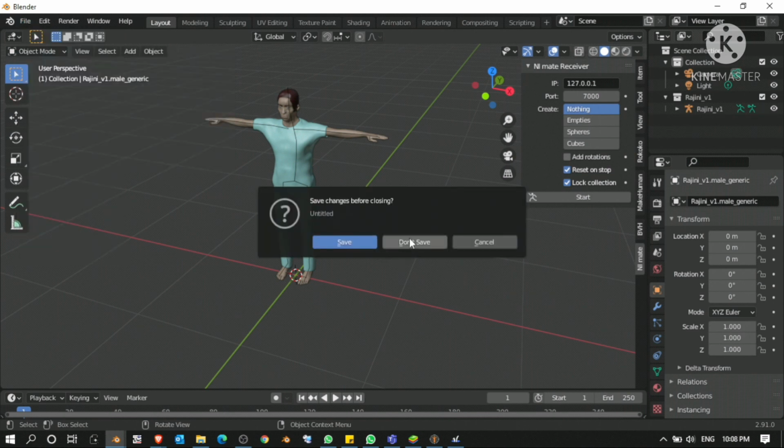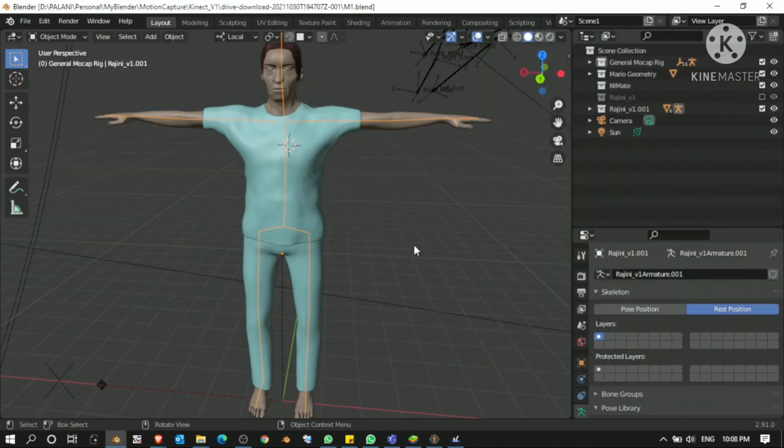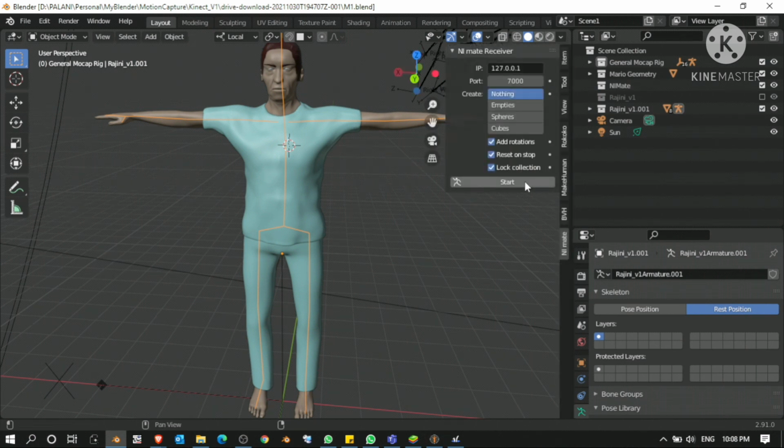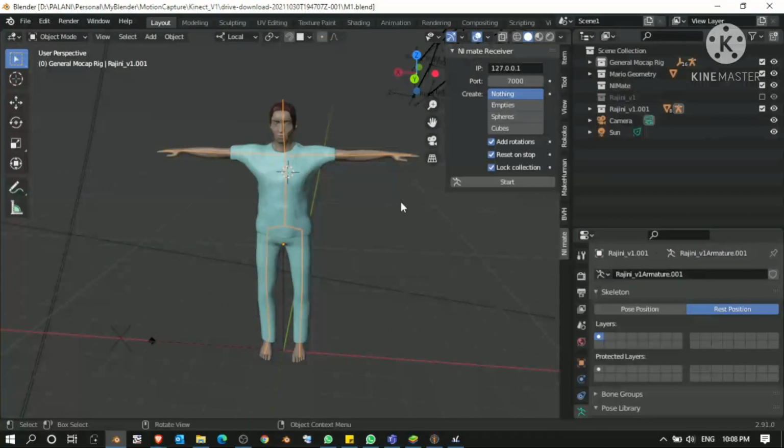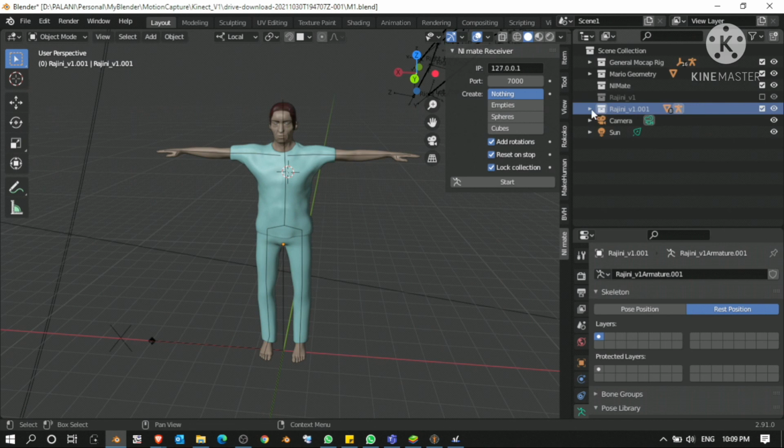I am closing this file right now. This is how I have integrated all tools like NiMate, MakeHuman and Blender. I am using the ready-made one which is available from the channel where I downloaded it. The link is given in the description.